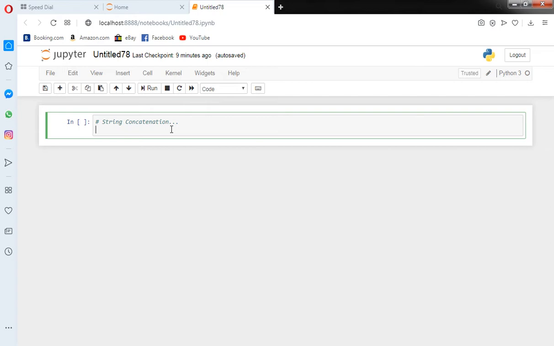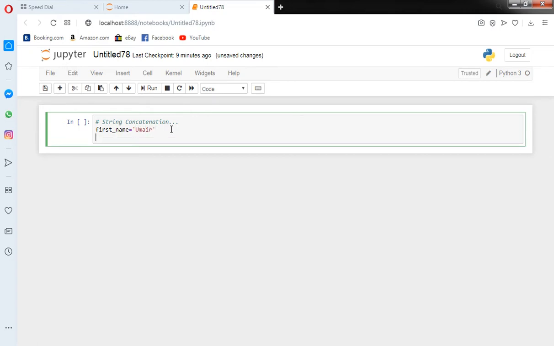Just like if I create a variable named first name, my first name is Umair. If I create a second variable, last name, and my last name is Tariq. If I want to concatenate these two strings, how can I do this?